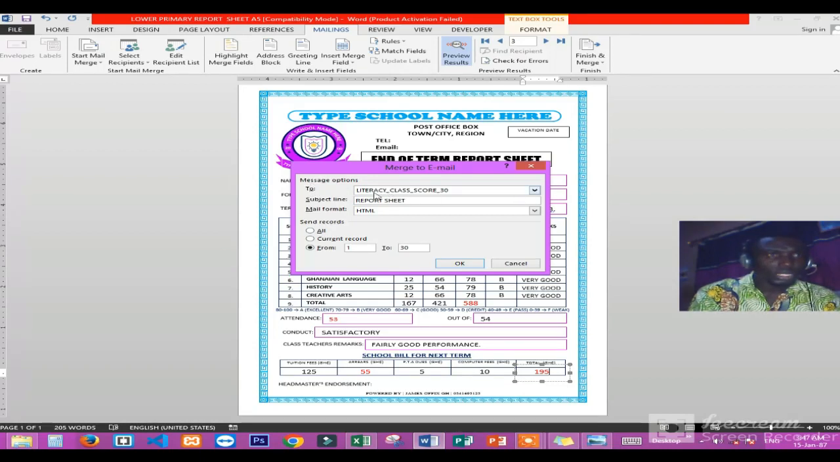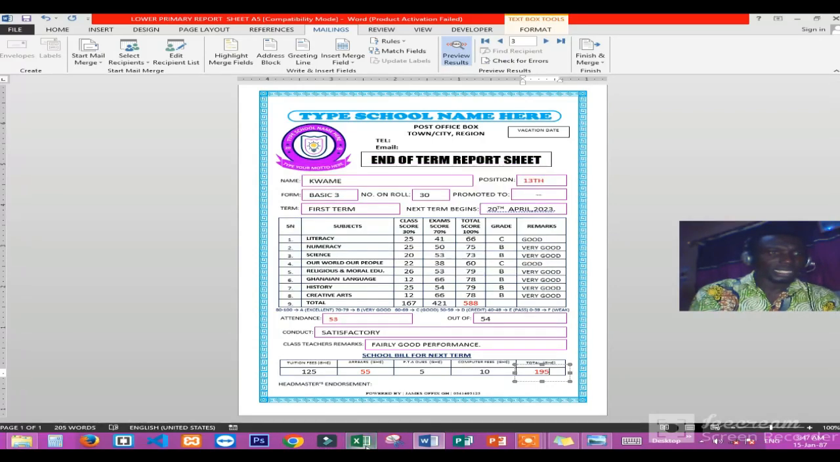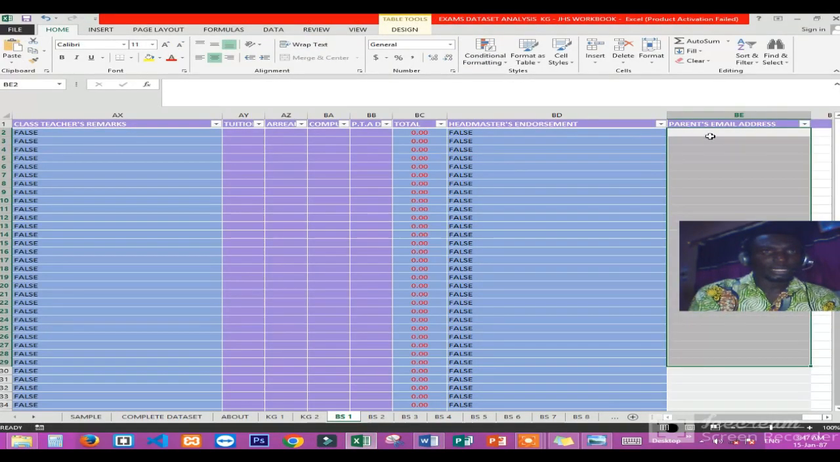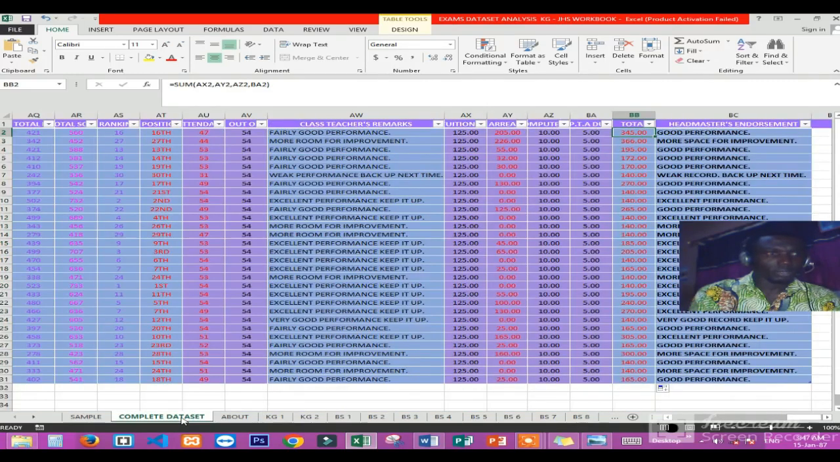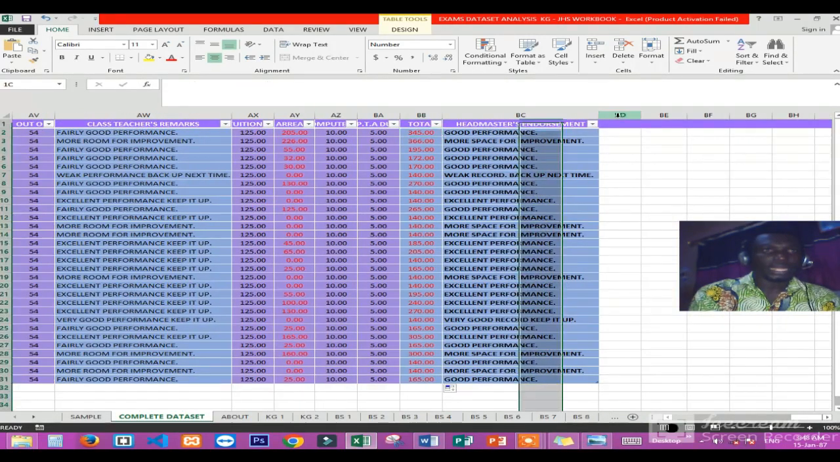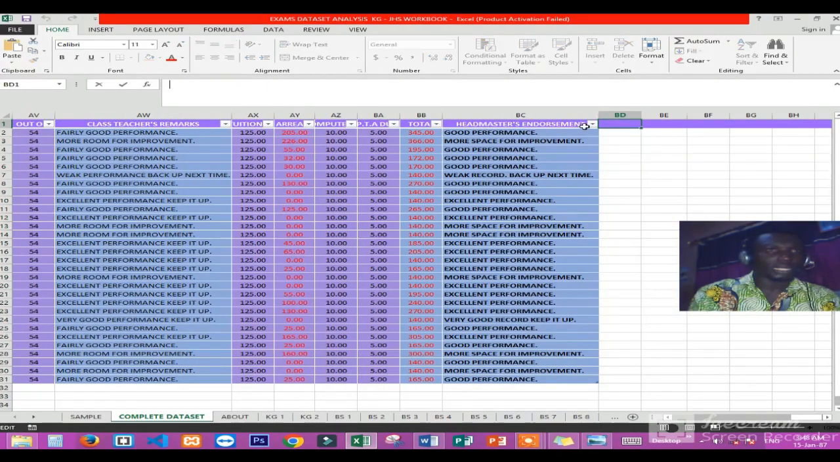No, literacy class code 30. You are not mailing to literacy class code 30, but we are mailing to the parents' email. So you select that one. Just that we don't have it here. But even as I speak, I can simply jump to this complete database. It is just a matter of inserting a row and then giving it a name. I want to give it a name and say